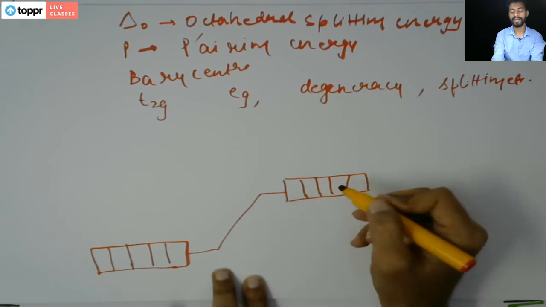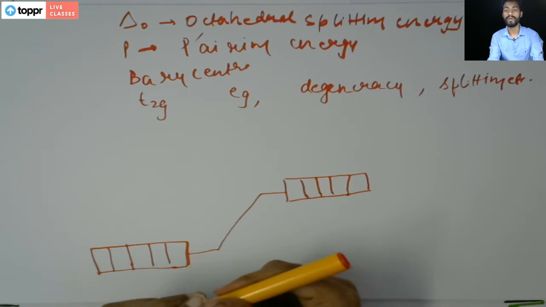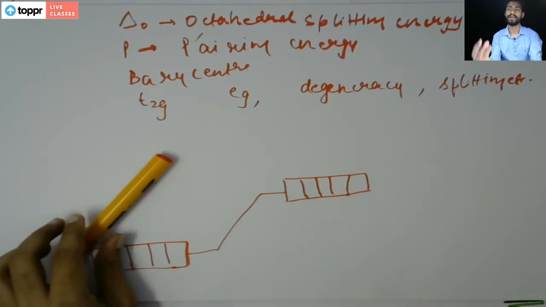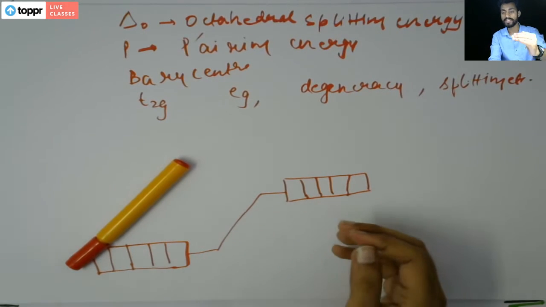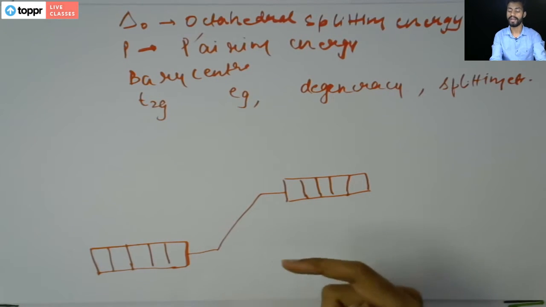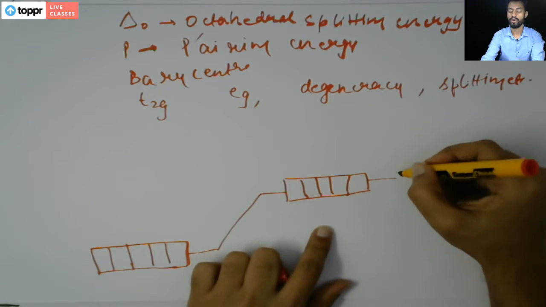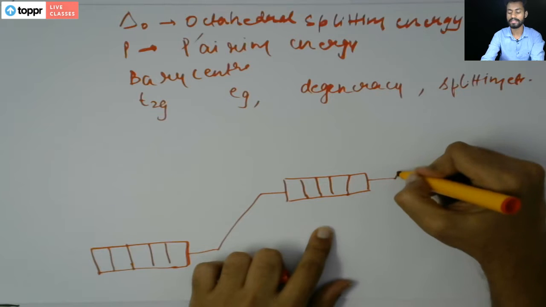Now comes a point when the degeneracy will break. At this point, the ligands from the planes will be closer to the central metal atom as compared to the ligands from the axial points. And now comes the splitting up of the d orbitals